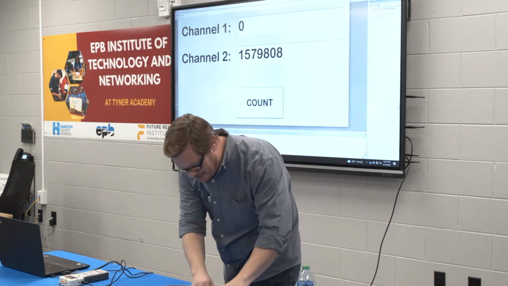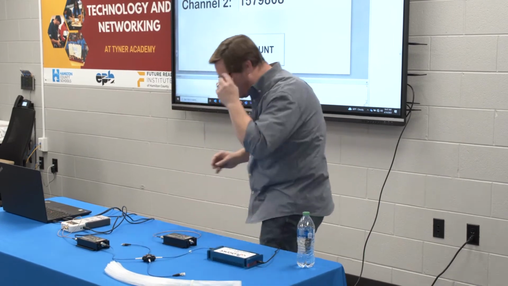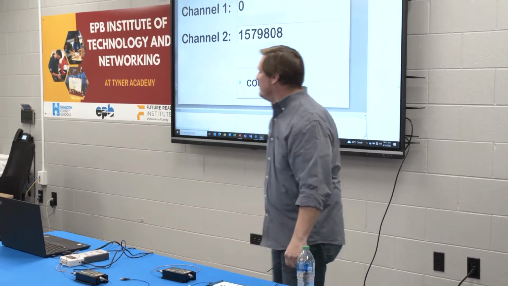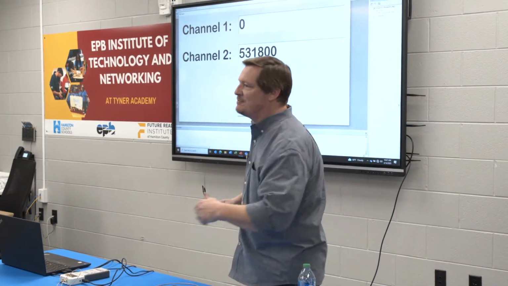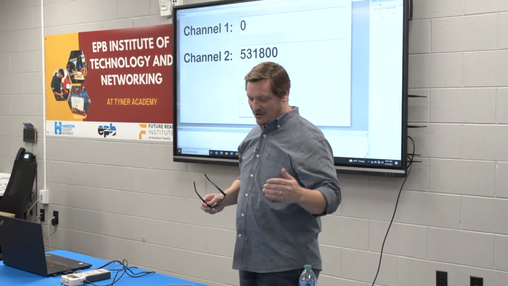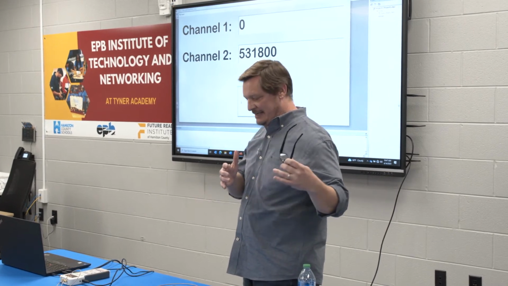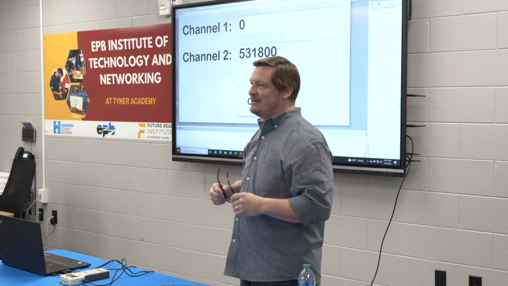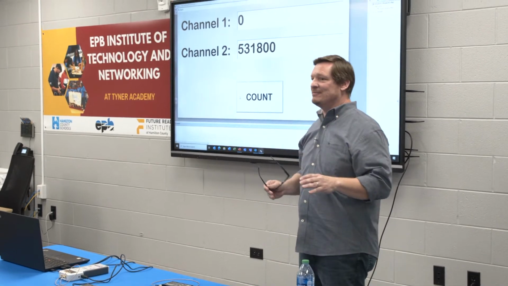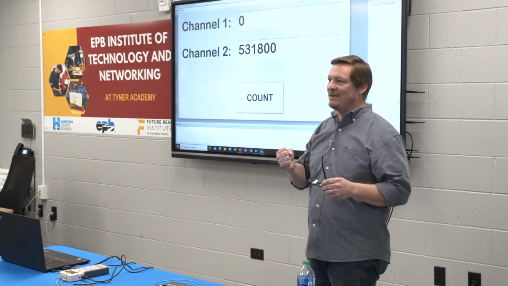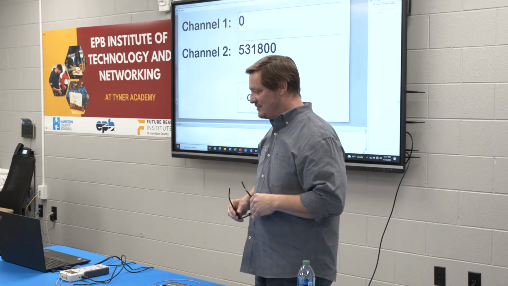If I loosen up a little bit on these fibers, make it to where they're lossier, and I run that again, my 1.5 million is now only 500,000, right? I've lost some of those photons that I'm trying to put into this pipe and get to these detectors. So the reason I set this simple demonstration up is I want everybody to understand that the photons, these BBs, they really are real, they do exist, and we can count them. And again, although we can count them, we can't cut them in half. They only come as a quanta of light, a fixed amount of energy. And that's where, again, that word quantum is coming from.